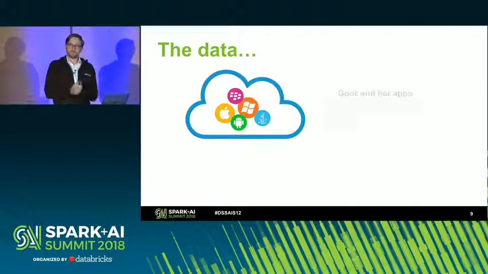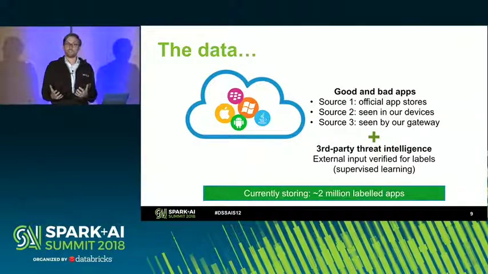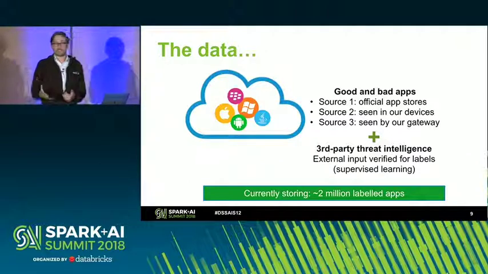So now that's the problem. I'll move on to the data that we will try and gather to then build the correct model. So an obvious way to go in terms of detection is I want a list of good apps and bad apps. The sources for these, as I've already mentioned, are things like the Apple Store, Google Play Store, and even our own gateway where we can see users are downloading certain apps. We add this together with our third-party threat intelligence and our inbuilt threat intelligence to seek labels.